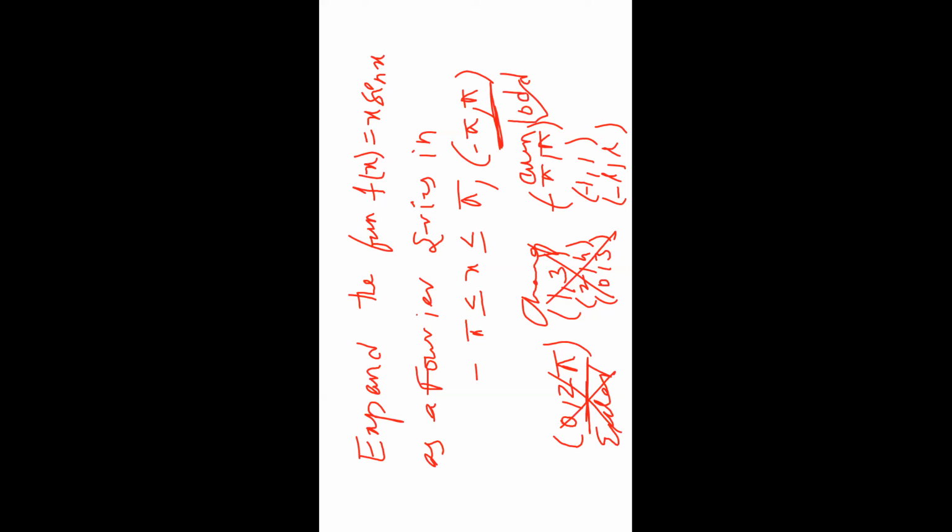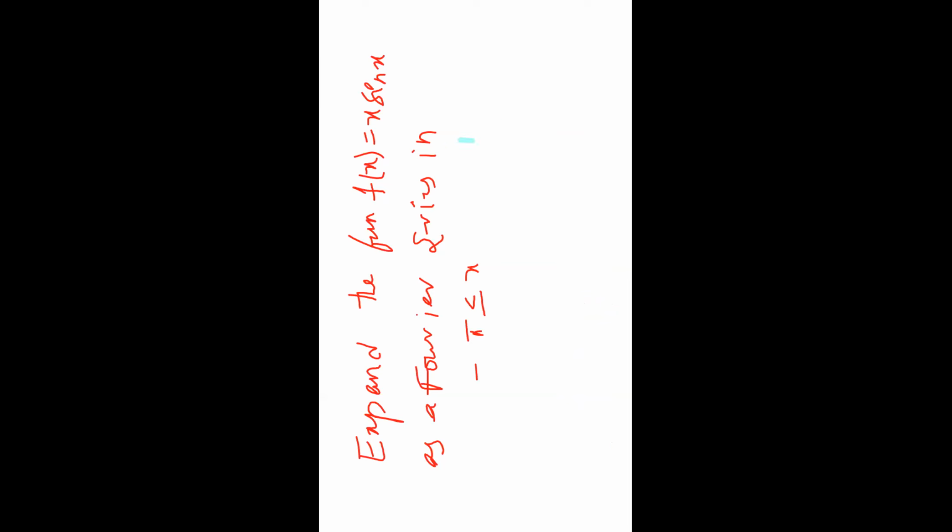So this is the identification of how to find out the method of the Fourier series. So we conclude that the given function is either even or odd. So how to check whether the function is even or odd? We have formulas. Replace x by minus x, if we get f of x, it is even. Replace x by minus x, if we get minus f of x, it is odd.